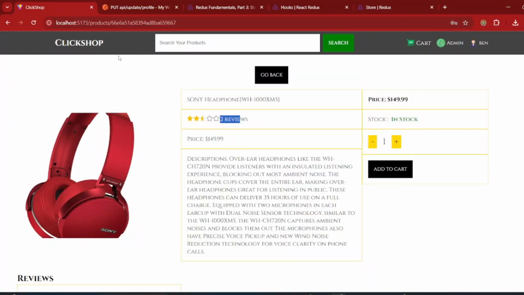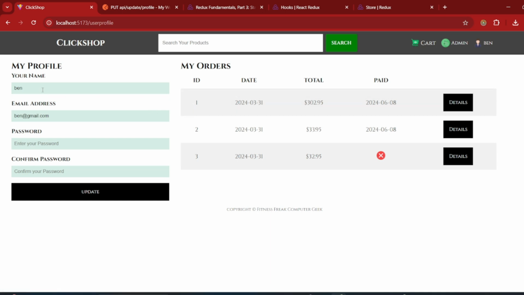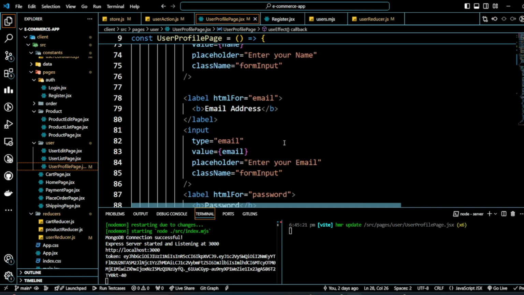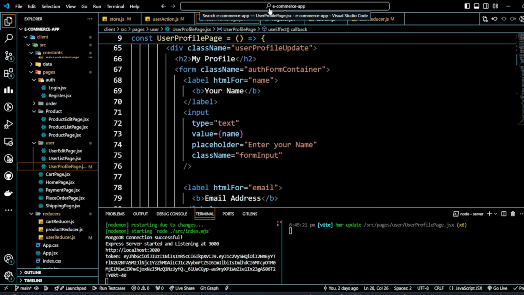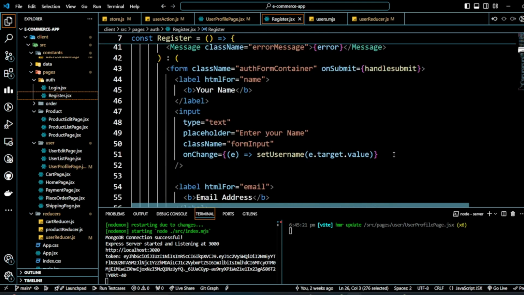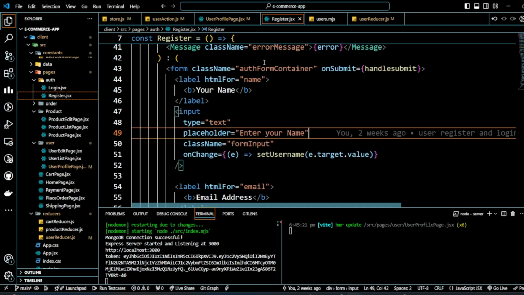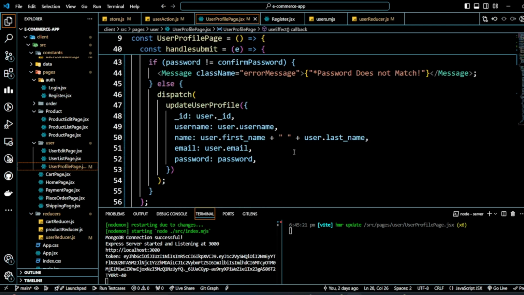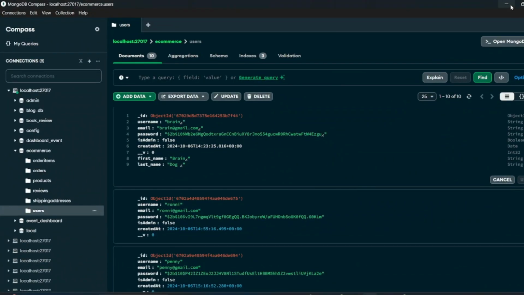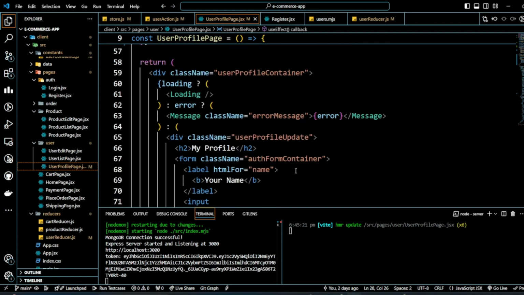Let's go back here, let's refresh, let's go to profile section, let's update his name to... okay, it's not working. We don't have the on change action, so we need to put that. Remember, here we are not setting up the state itself, so that's why it's happening. So the username, right? Yeah,